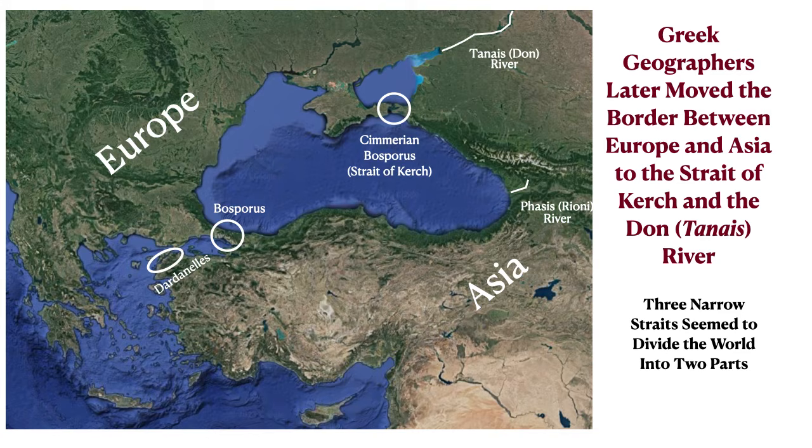But getting back to the main story, later Greek geographers took this idea of Europe versus Asia and made some adjustments. One was they moved the boundary from the Phasis or Ionian River in what is now Republic of Georgia to what today we call the Straits of Kerch or the Cimmerian Bosporus, another very narrow passageway separating the Crimean Peninsula